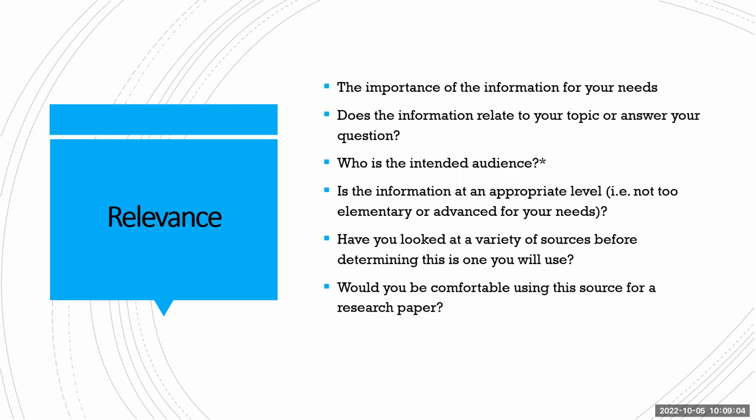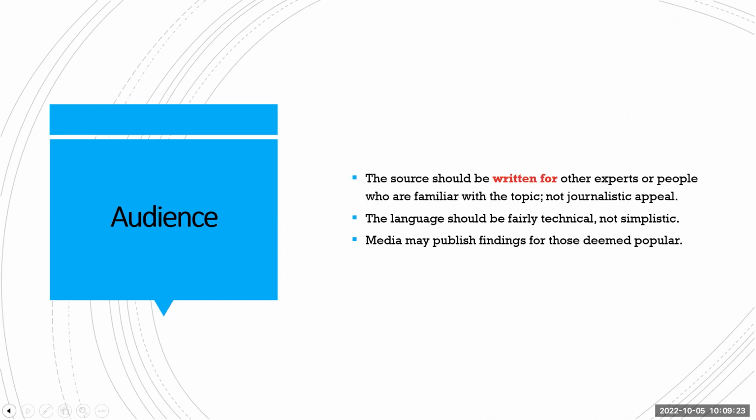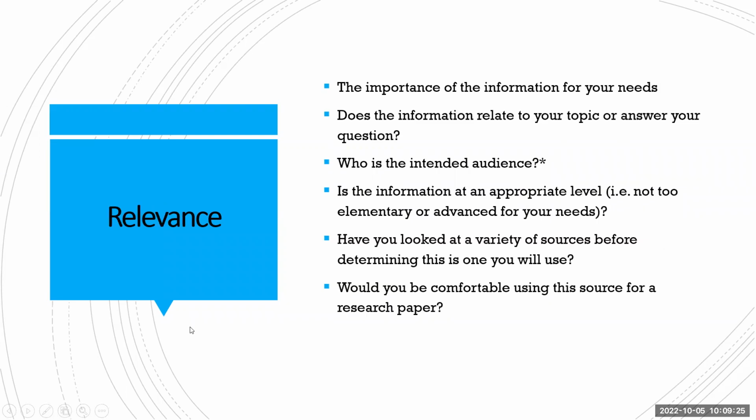We're talking about scholarly sources. So I'm going over the criteria that one should use when determining these types of sources. Relevance is the next criteria. CR. R is relevance. Now, this is really an internalized process